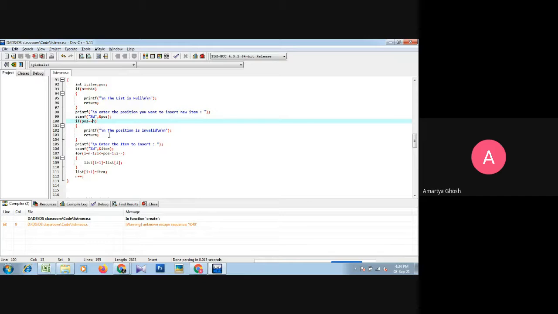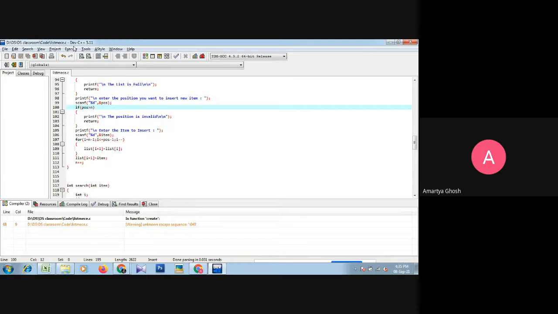The condition is greater than or equal to n, greater than n.